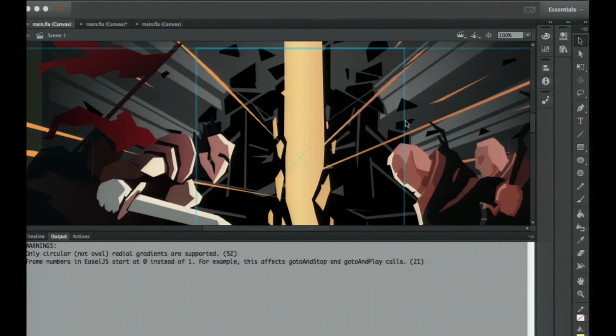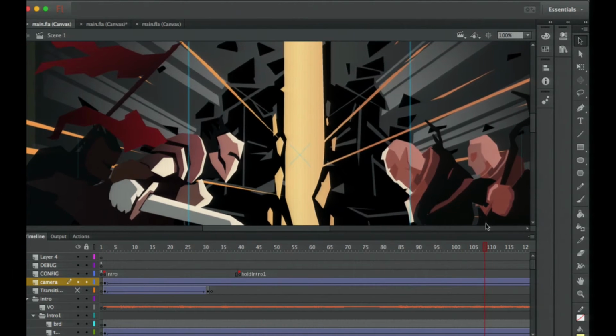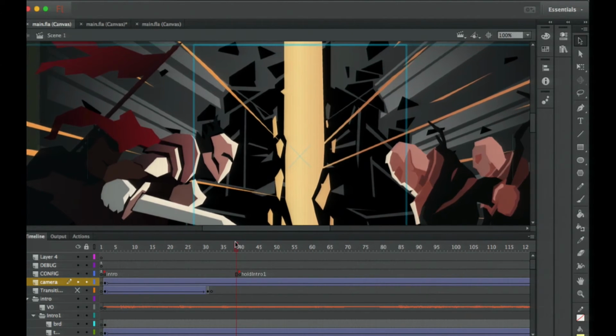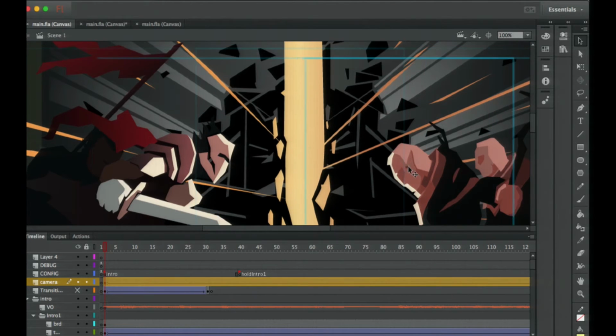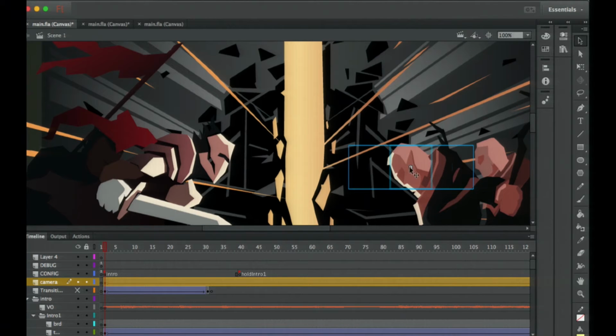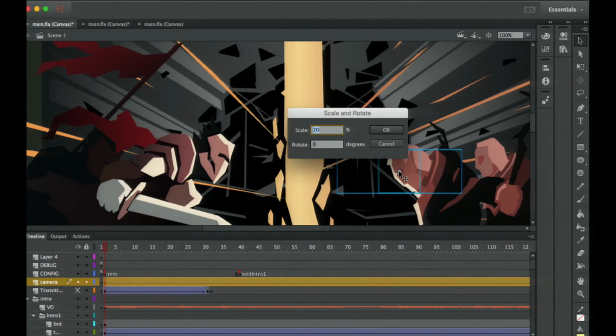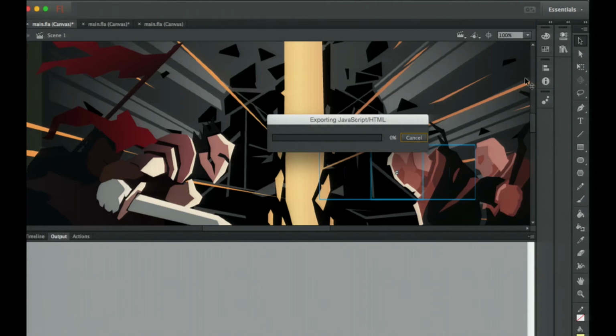While this one is very subtle, you can see this slow pullback on the camera. And that's achieved just by scaling this camera object, right? The middle square is showing me what my primary focus for the camera is going to be. And so as the camera gets larger, we're basically pulling back on our zoom. I can exaggerate this massively and demonstrate my complete lack of animation skill. We'll start with this. This is dramatic, right? Right on that guy's face. We'll start right there. So if I run that now,